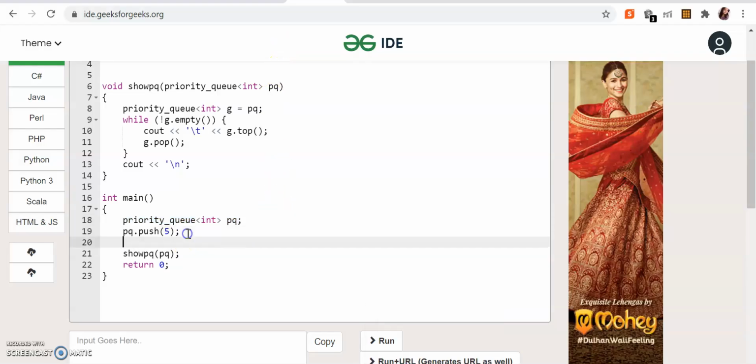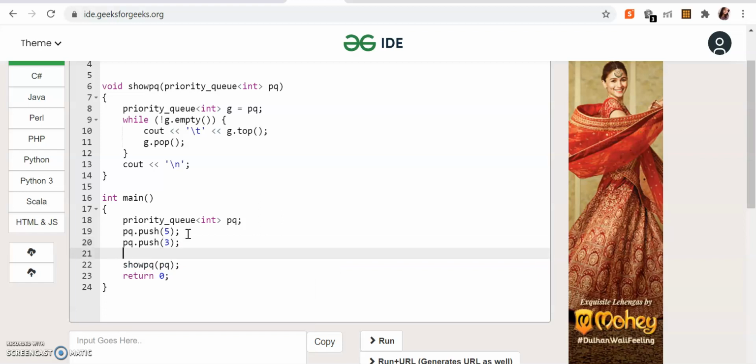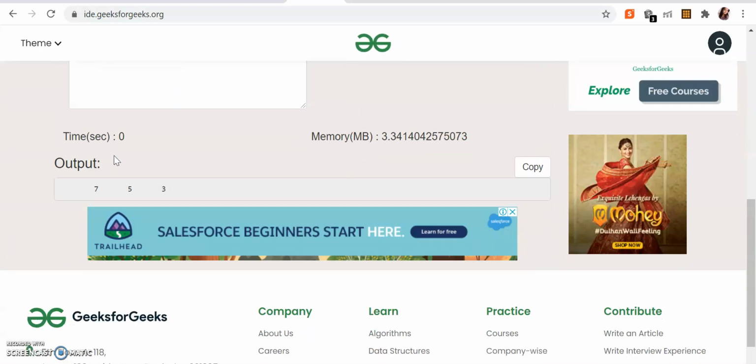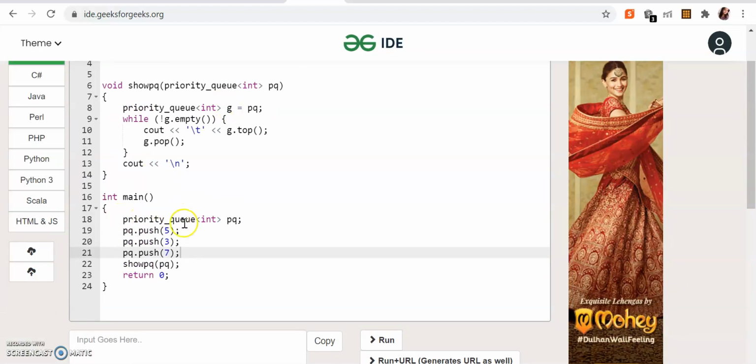So let's try to push a few more elements. pq dot push 3, pq dot push 7. Now let's try to run this. See, the elements are in descending order. Why? Because we are using a max heap. If you use a minimum heap instead of this, it will display in the other fashion.